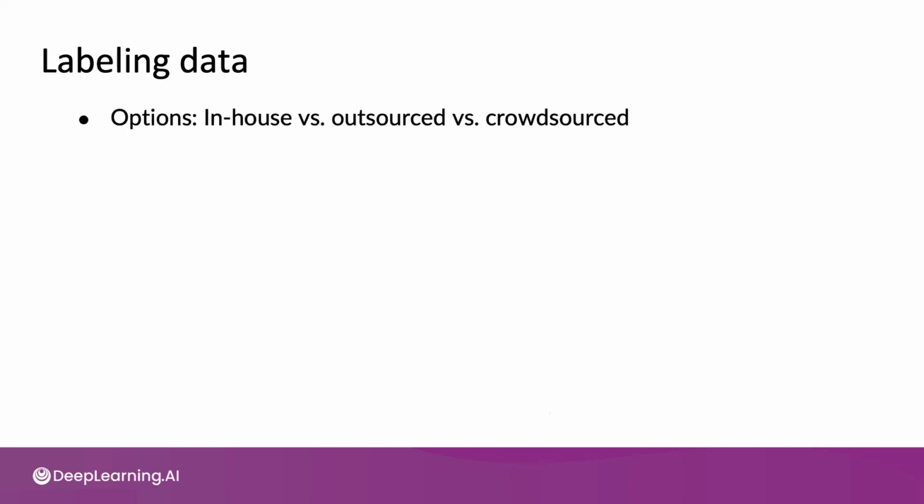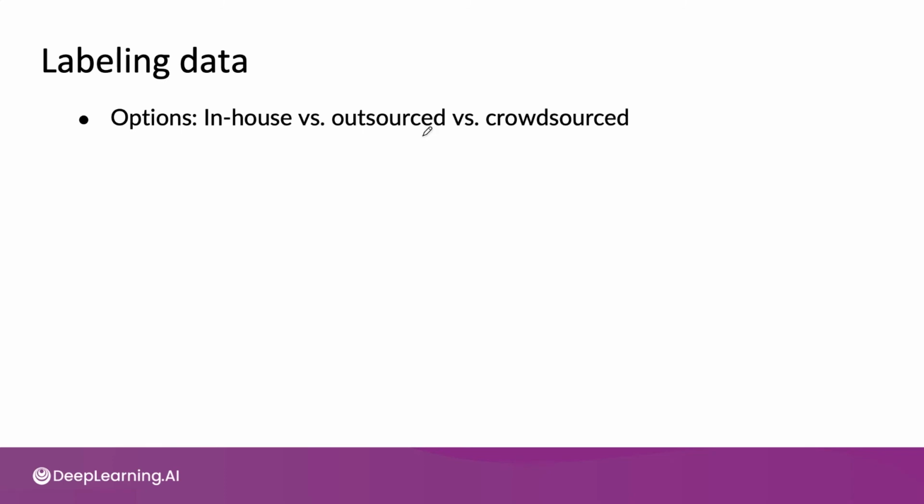The three most common ways to get data labeled are in-house, where you have your own team label the data, versus outsource, where you might find some company that labels data and have them do it for you, versus crowdsource, where you might use a crowdsourcing platform to have a large group collectively label the data. The difference between outsource versus crowdsource is that depending on what type of data you have, there may be specialized companies that could help you get it labeled quite efficiently.